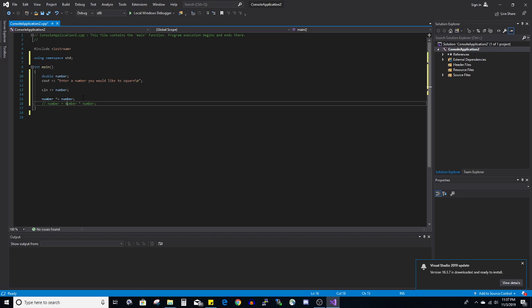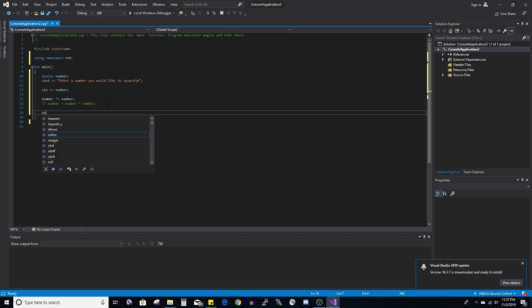Pretty much just times-equals tells us to multiply what we get from the number up here with itself, technically. So let's do cout